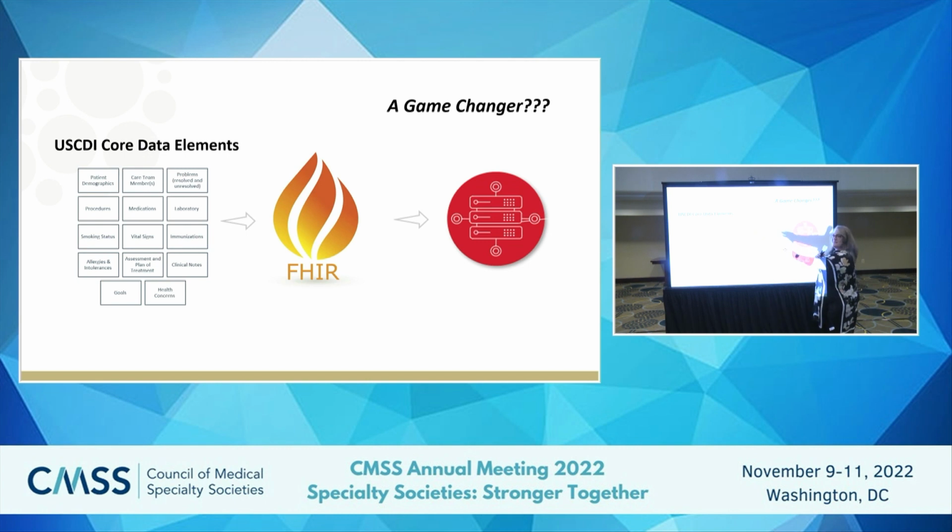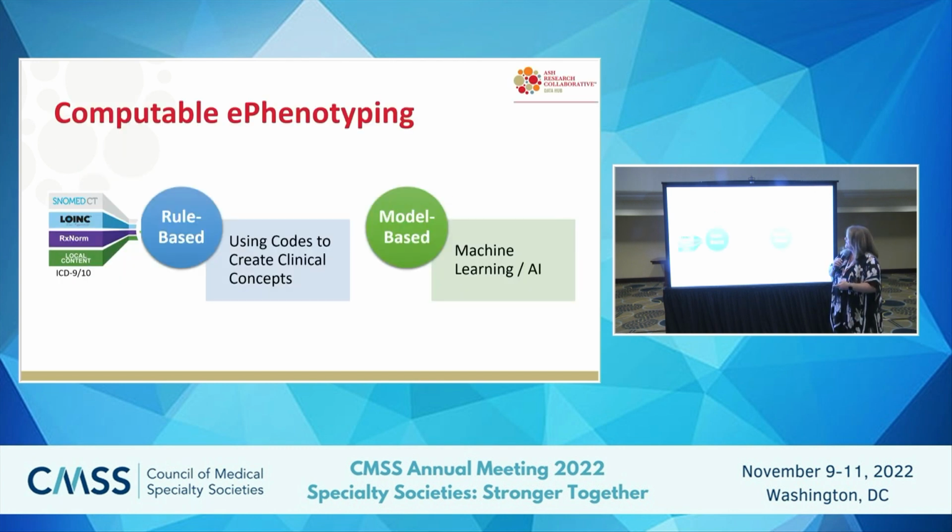It's that US CDI data, and within each of those categories are a ton of EHR codes, which are just a bunch of numbers that have titles to them, right? So all those codes transact through FHIR and can come to us. We ingest data in both mechanisms. And when that data gets into the data hub, then what do you do with it? Because it's just a bunch of numbers, right? ICD-9, ICD-10, SNOMED, which are more like clinical attributes, LOINC, which is looking at labs, RxNorm data, numbers